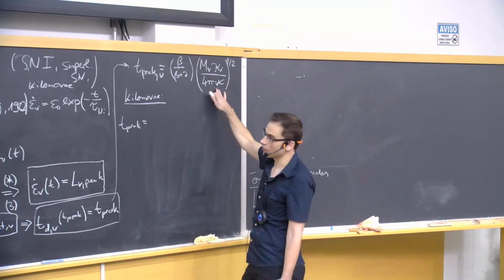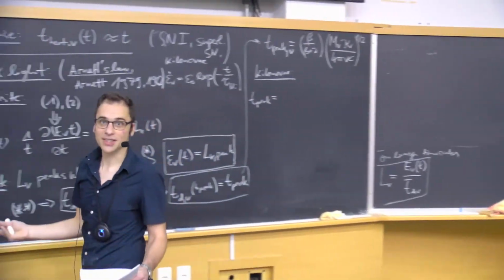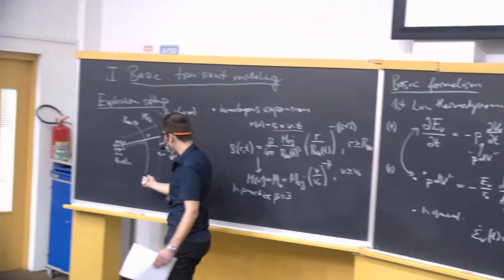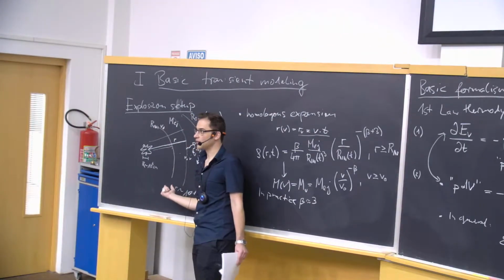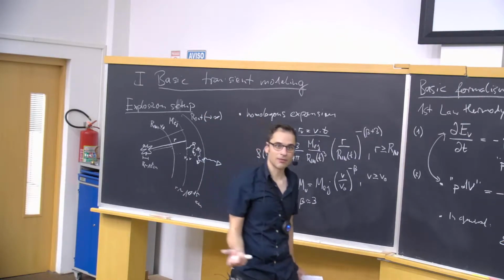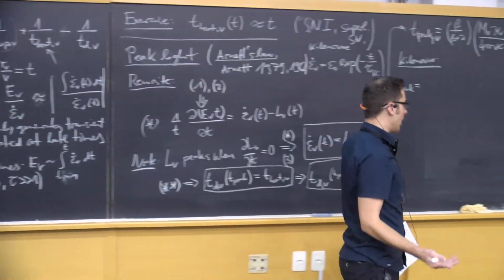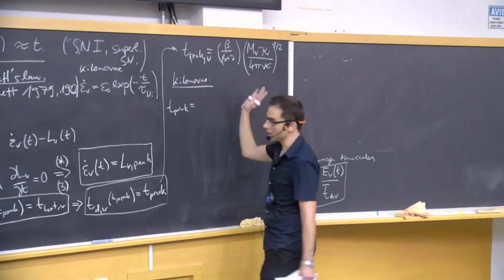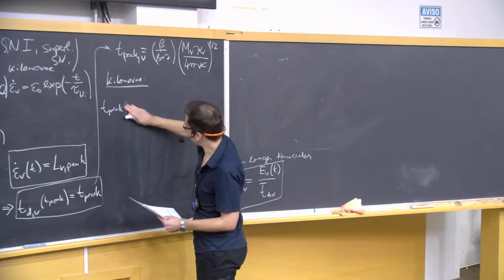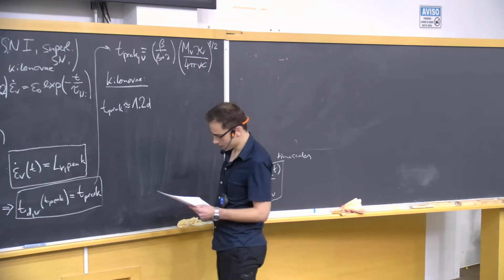But if we just want to get a basic idea of what the overall timescale for the whole transient is, as I said, we can simply look at this innermost mass layer because that contains most of the mass. So most of the heating is going on there, and that's where most of the emission will eventually come from. So just to get a basic idea about the transient in general, we can evaluate this formula at the innermost radius, and we can derive the typical peak timescale that we'd expect is 1.2 days,